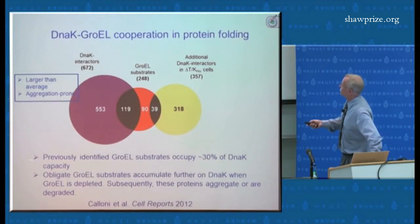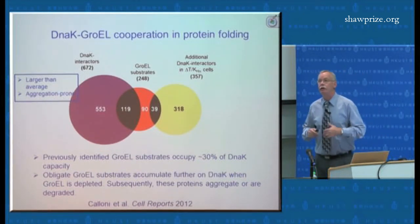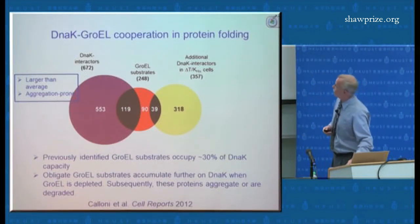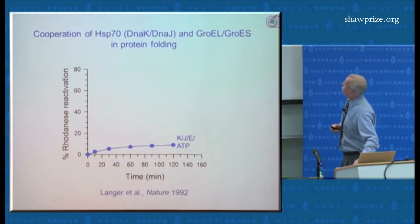And many of these proteins will then be guided either to the degradation system, and only when the system is exhausted do we observe aggregation of these proteins. This has recently been published. Now, the pathway of cooperation of Hsp70 and GroEL was